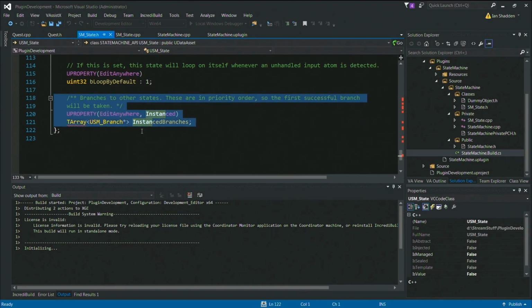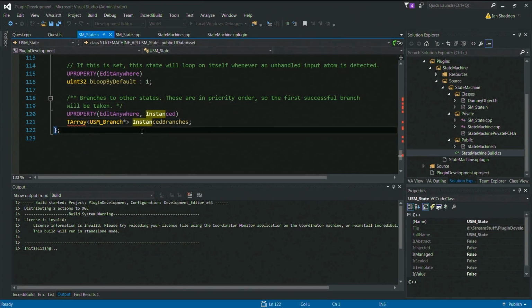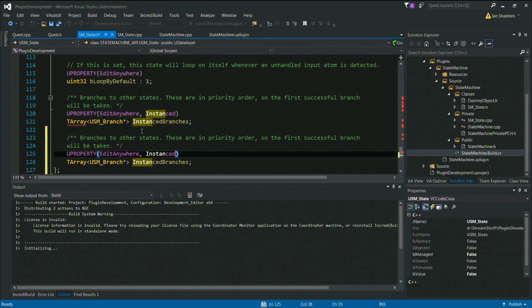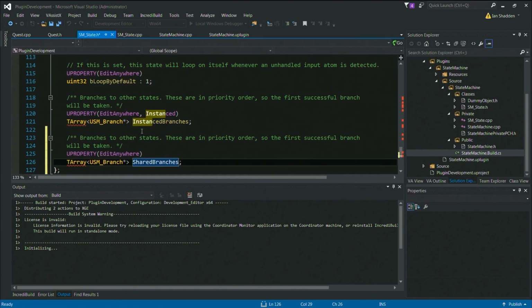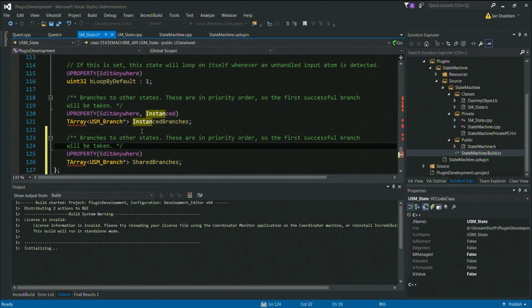Right. So I just want to show that we can do that. This is I think actually a less common way of doing it, the instanced way. I think actually a more common way is the shared branches way. That's kind of the more obvious way to do it, because you don't need to know about this keyword right here. So anyway,